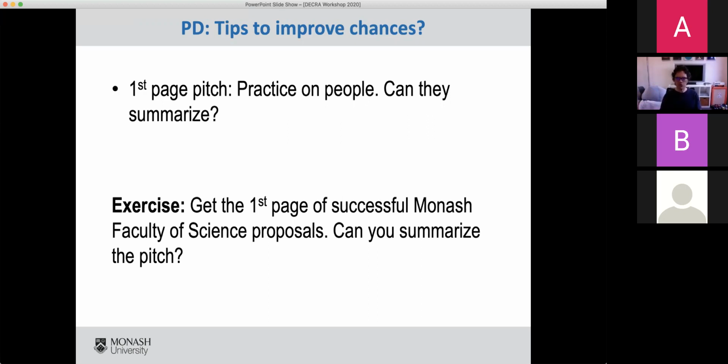So use each other. You've got a community of people here who are on this call. Get in touch with them if you know them. It'll give you someone to complain with, which is also useful when you're trying to write these things, but also just someone who can read it and tell you if it's coming across the way that you hope it is.